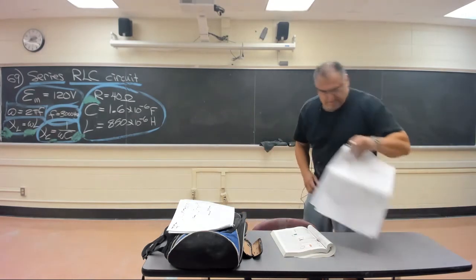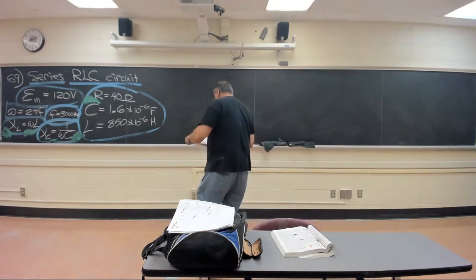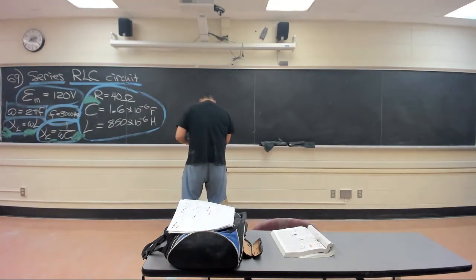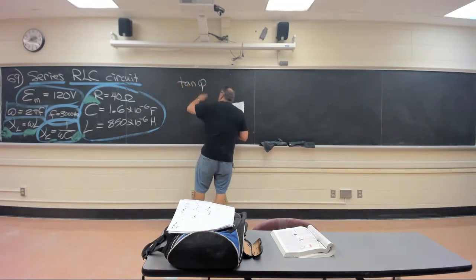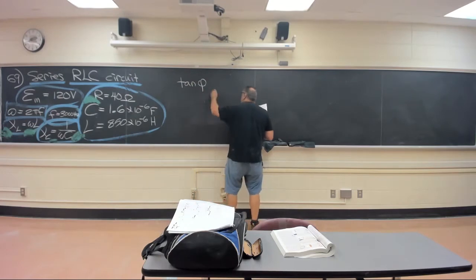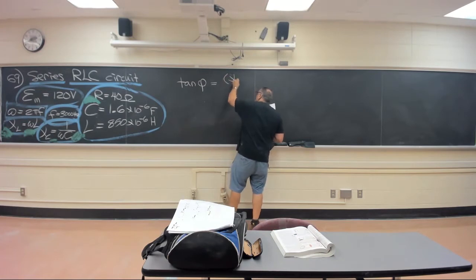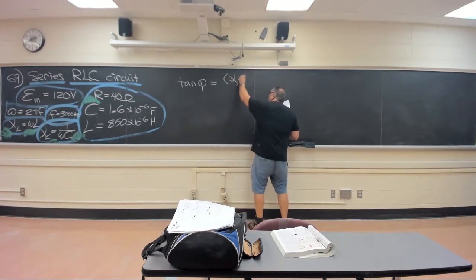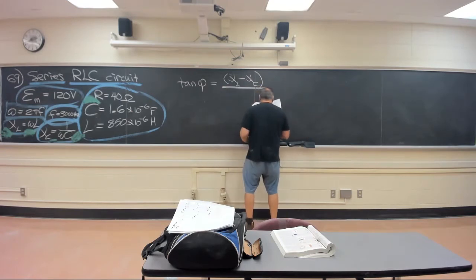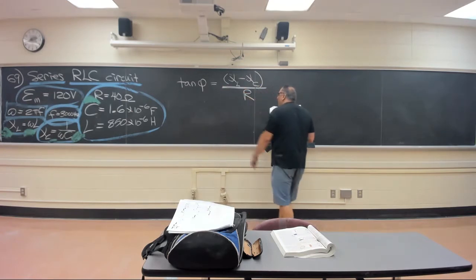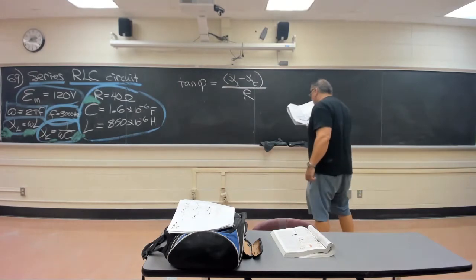Well, based on what we've been talking about, if we're going to look at it in that direction, you're going to say that tan of the phase constant, in radians, just make sure you have it set to radians, tan phi is this right here, XL minus XC over R. Give you the angle